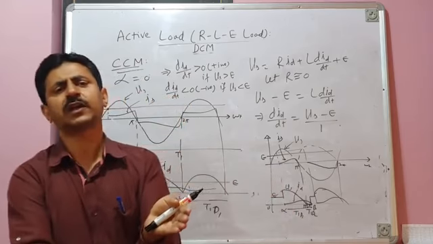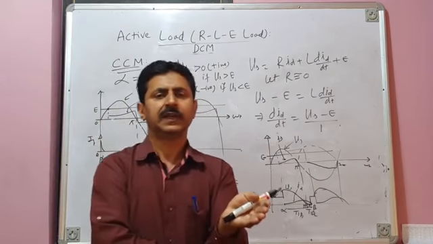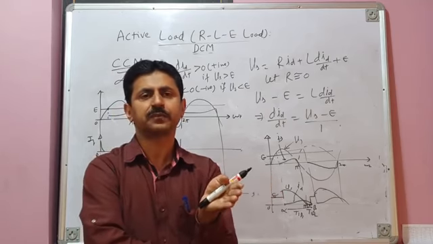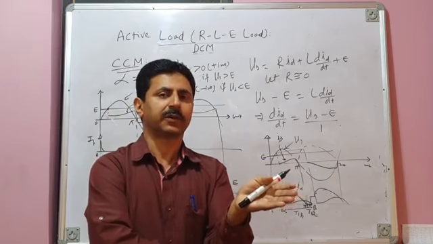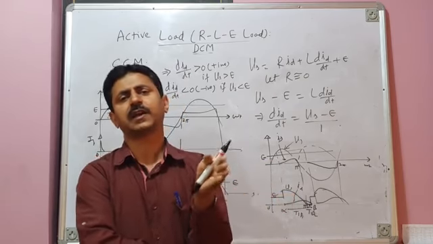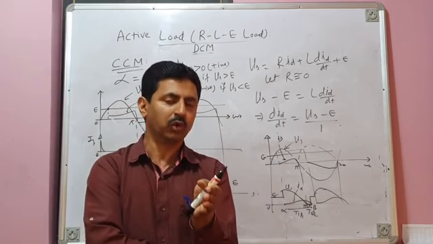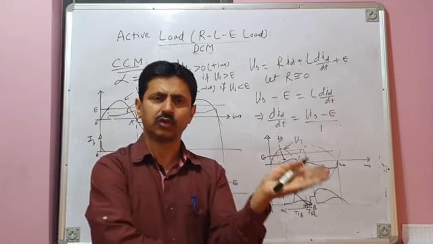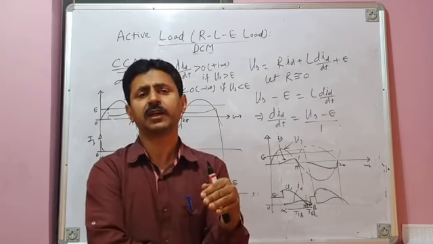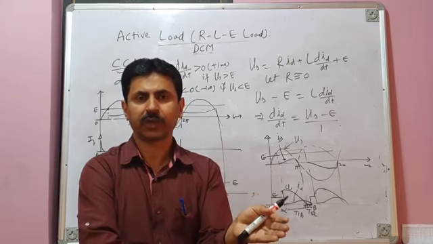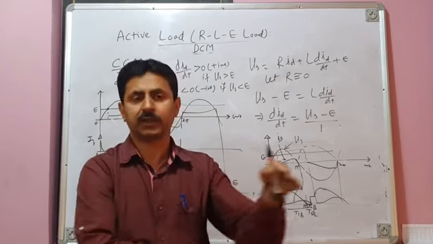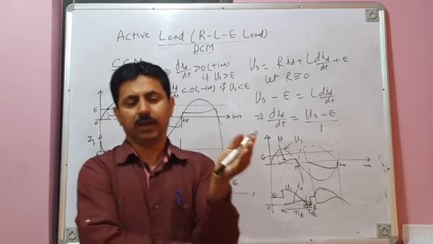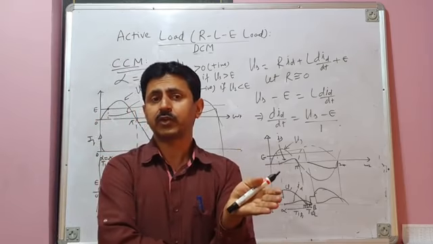And in the continuous conduction mode of operation, we have seen that there may be two modes. That is, if current is continuous, you will have thyristor conduction mode and freewheeling mode only. In the thyristor conduction mode, load voltage is equal to source voltage, and in the freewheeling interval, load voltage is zero. E does not show its presence in the load voltage at all, because current does not become discontinuous.